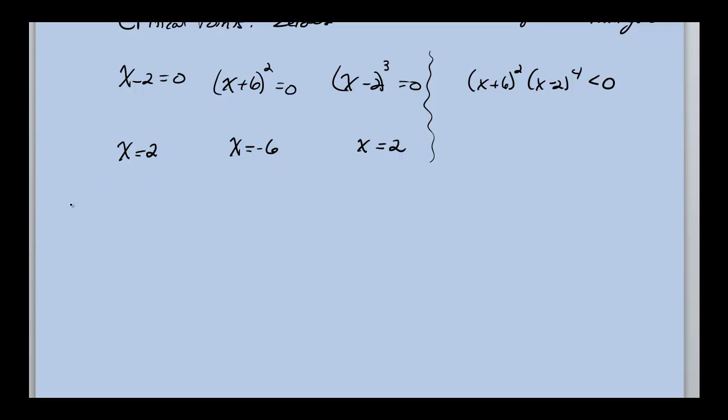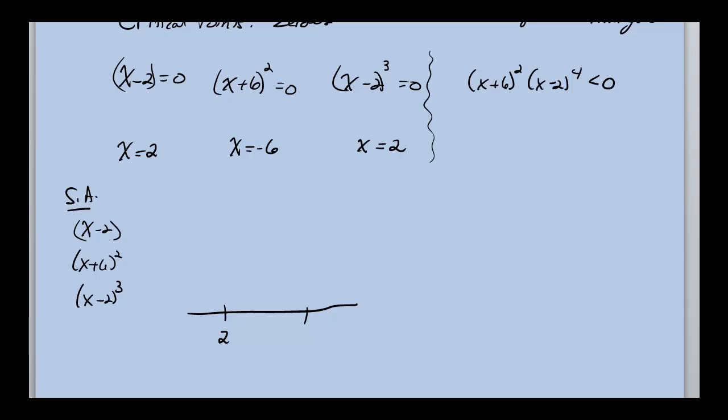I'm going to do it two different ways for our sign analysis. First, I'm going to assume that we missed the fact that these are the exact same 0. So I'm going to set up x minus 2, then x plus 6 squared, and then x minus 2 cubed. I should recognize, okay, I have an issue. I have to combine these because I have a 2 that occurs twice. But let me go ahead and list the negative 6 first,